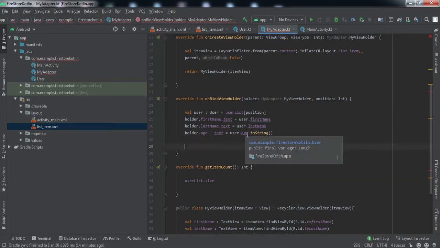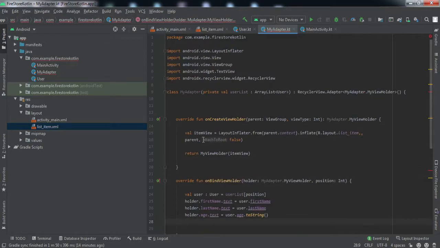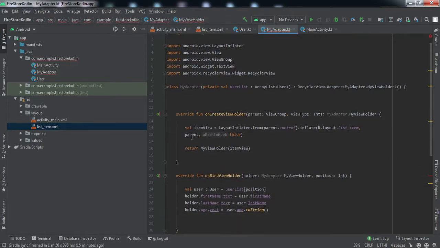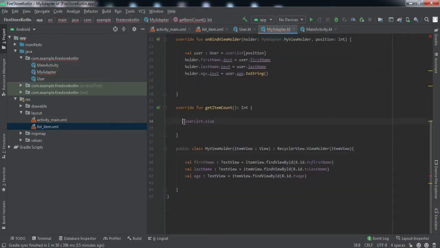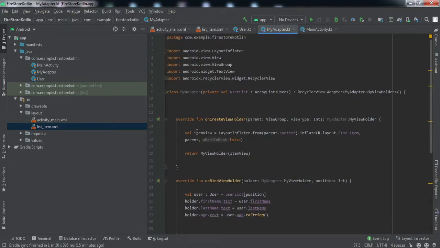So as the age is a long type variable, we have converted it to a string and set it to this element. So that is pretty much everything we need to do inside my adapter class. So I guess there is an error. Okay, I put in 2 commas here, and here I forgot to put return, right? So we are done with the adapter class.